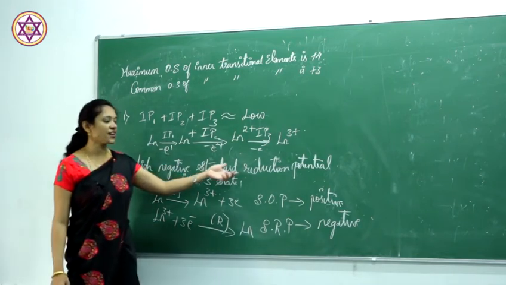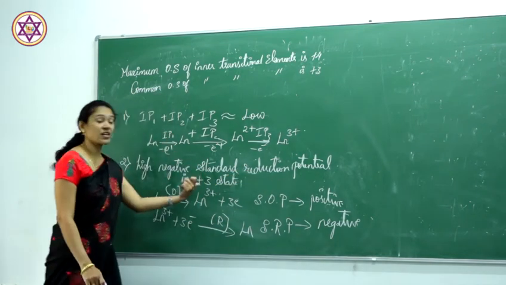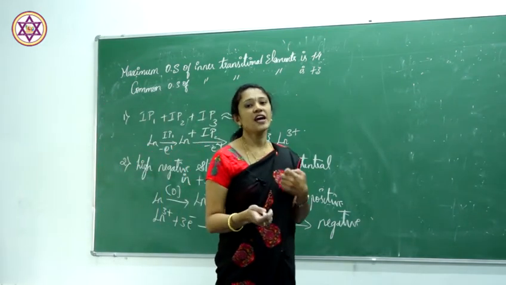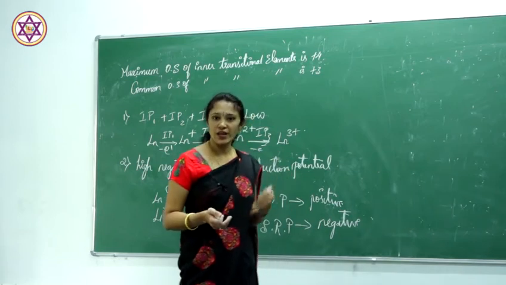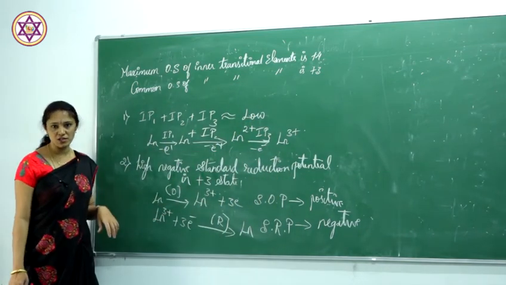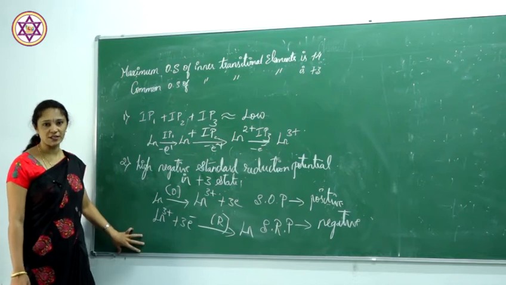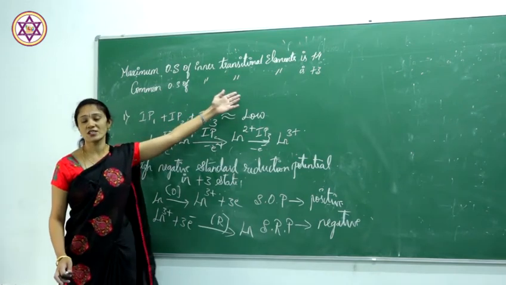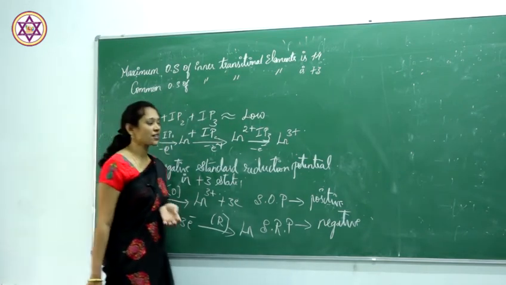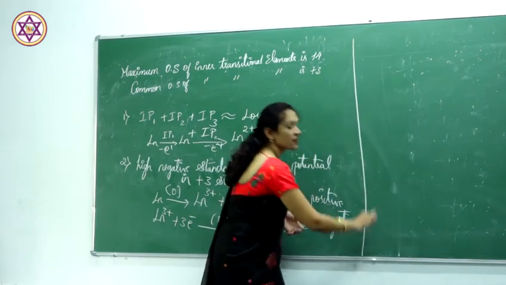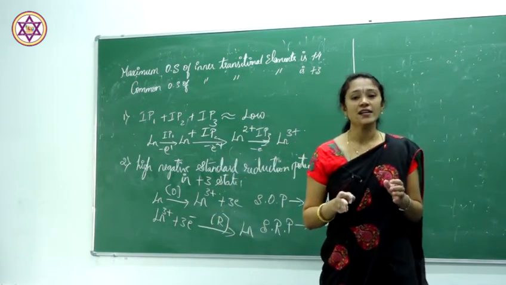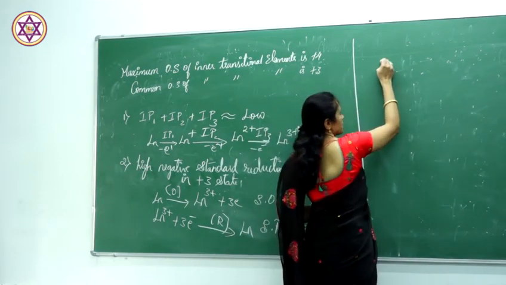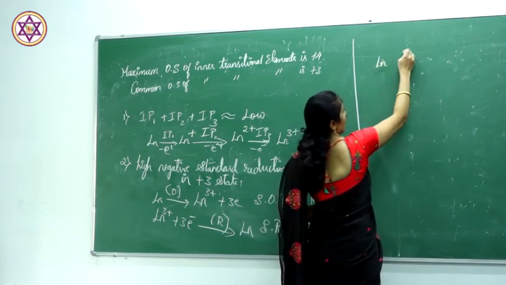They have high negative standard reduction potential in the +3 state, and they have very high hydration energy. Hydration energy is very high. Even the hydration energy is very high. These are the reasons why they show the common oxidation state, that is, +3 is the common oxidation state in these transitional elements. As I said, all the elements show the +3 oxidation state, but lanthanum and cerium,